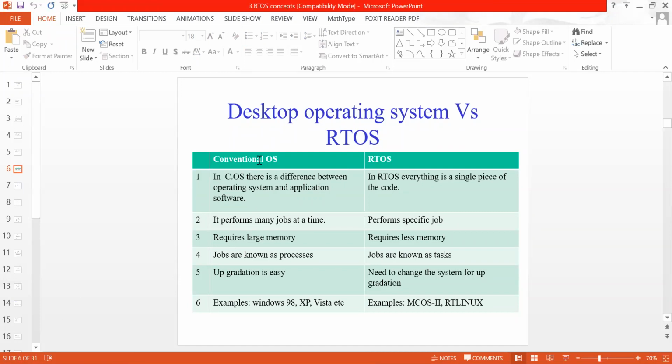Now, the second difference between the conventional OS and RTOS is that your conventional OS will perform many jobs at a time. That means if I turn on my desktop OS, right now I have opened Internet Explorer, I have opened Paint, I have opened Zoom, I have opened PowerPoint. So the number of application software or number of jobs